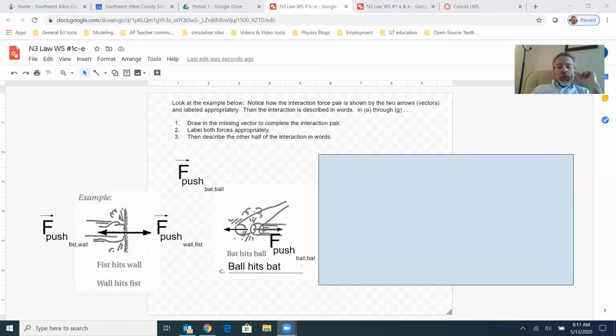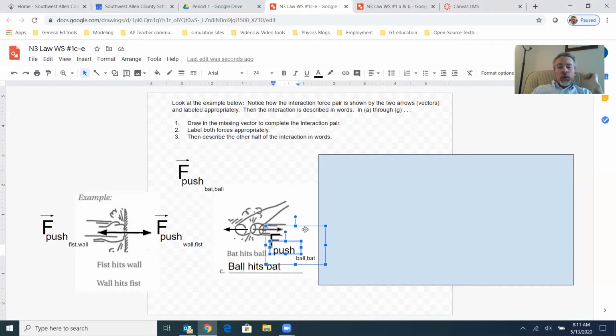I also put in the twin to that force. They show the force here pointing to the right on the ball. There must be a force on the bat that points to the left, the same size. So that force is a push force on the bat from the ball, whereas the other one is a push force on the ball from the bat. Okay, the next one is,